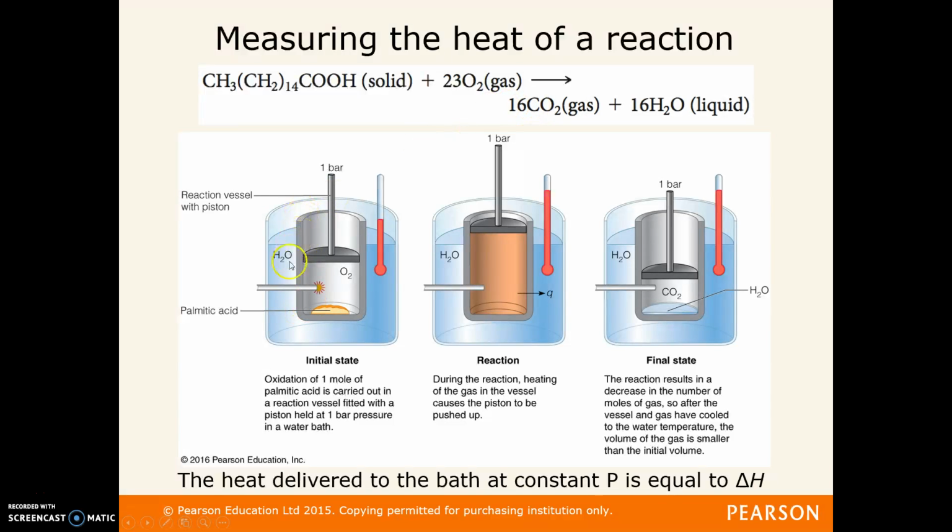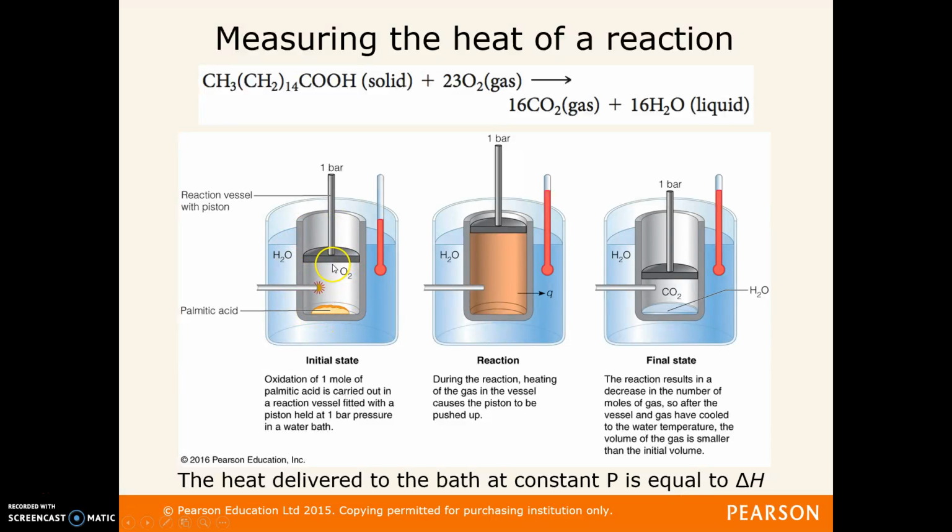Here we have a little chamber that has that material in it, so this is palmitic acid. There is an ignition source and oxygen in that chamber, and there is a piston holding a constant 1 bar pressure, or 1 atmosphere pressure, on